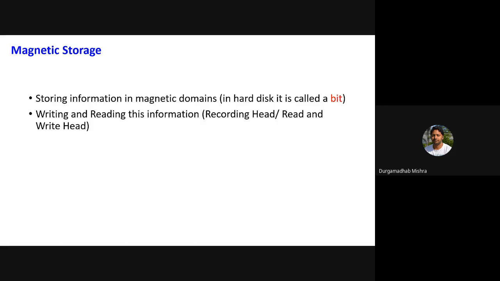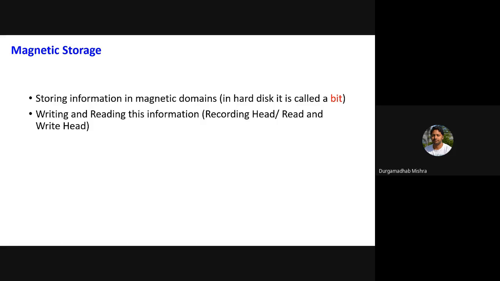And in a digital sense, when we talk about digital storage, each domain can be assigned a value 0 or 1 depending on its orientation. This is represented by a magnetization vector, which has a direction, so you can align your domain and define it as a 1 or 0, like a bit.